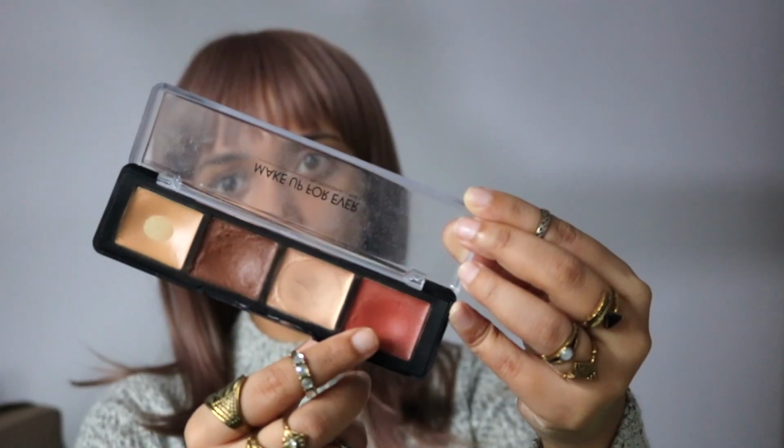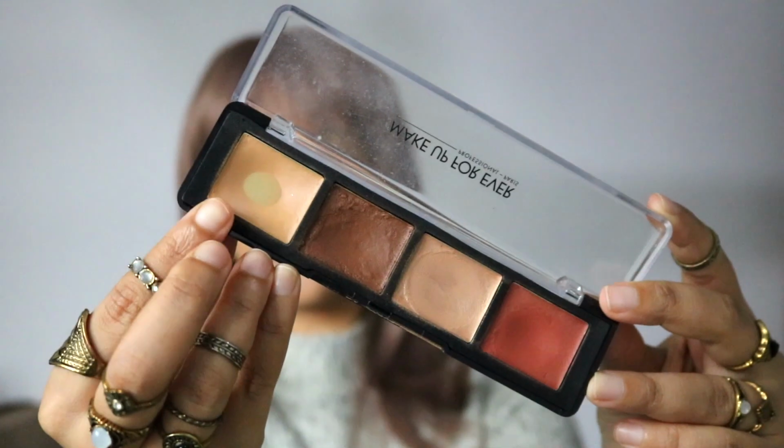For concealer and contour, I'm taking this Makeup Forever Pro Sculpting palette. I bought it quite some time back and it's still in very good condition. I'm using a very light layer of this rustic orange under my eyes, and then on top of that I'm going to use this concealer shade. I don't know if this palette is still available, and if it is, do check it out because the quality